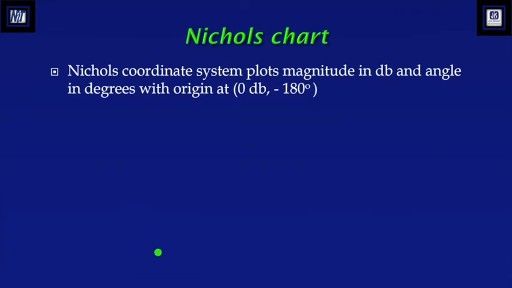Nichols chart. A Nichols chart displays the magnitude in dB plotted against the phase in degrees of the system response. Nichols charts are useful to analyze open and closed loop properties of a system. Constant magnitude loci, that are M circles, and constant phase angle loci, that are N circles, are the fundamental components in design of the Nichols chart.